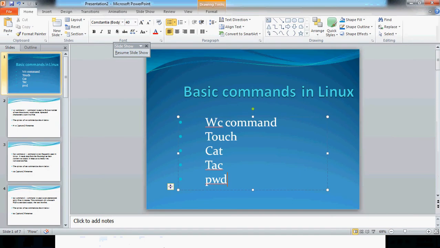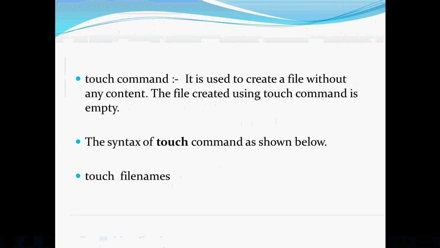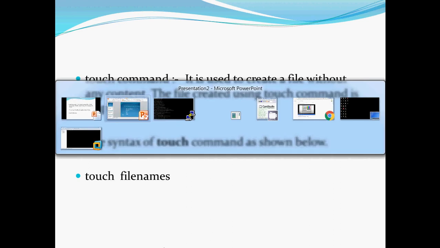Now the next command is the touch command. It is used to create a file without any content. This command is used to create an empty file. The syntax of the touch command is: touch file name. Okay, I will take the example.